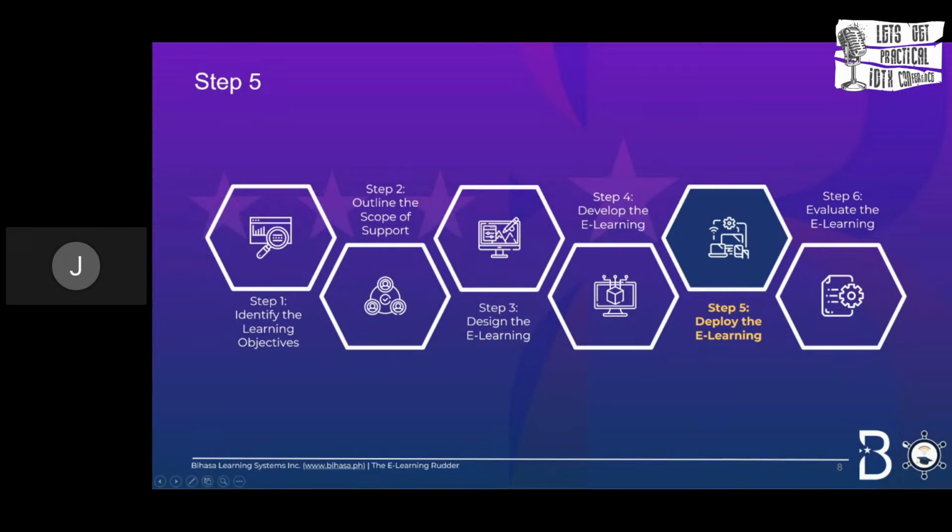And so this phase actually just talks about how we're supposed to deploy the e-learning itself. So obviously we have to make sure that we are familiar with the learning management system that we're going to be loading our interactive e-learning into, and that way we're going to be able to smoothly enroll all the students, and we can assign all the learning modules effectively to them. And what I wanted to highlight in this step is making sure that we communicate effectively through announcements, because at this phase, as we deploy the e-learning, this is when we're going to be getting a lot of tickets